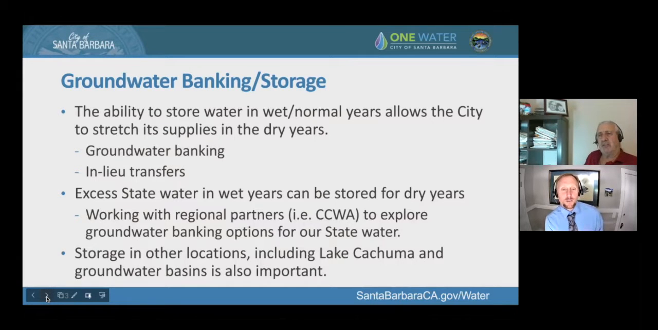And there are kind of two different options. There's groundwater banking, which is where we put water in with the idea of getting it back in the future, and they actually put the water back in the ground, versus in lieu transfers. And this is where, for example, we might provide water for agriculture in the Central Valley or even in Santa Barbara County. And when they take that water, they're not pumping it from their groundwater basin, which makes it available in